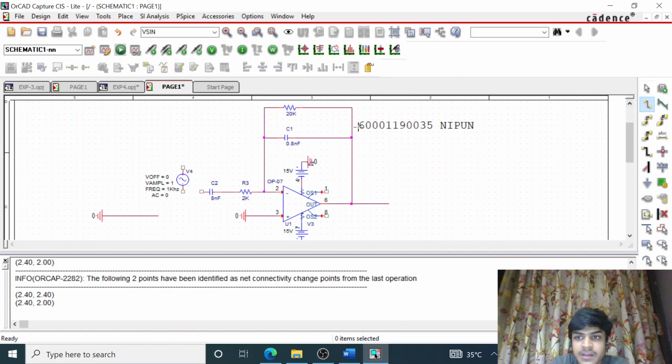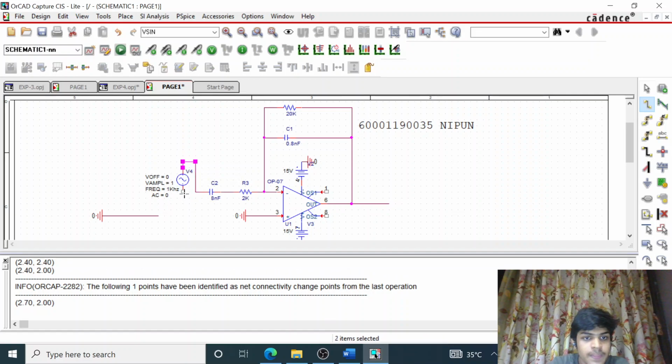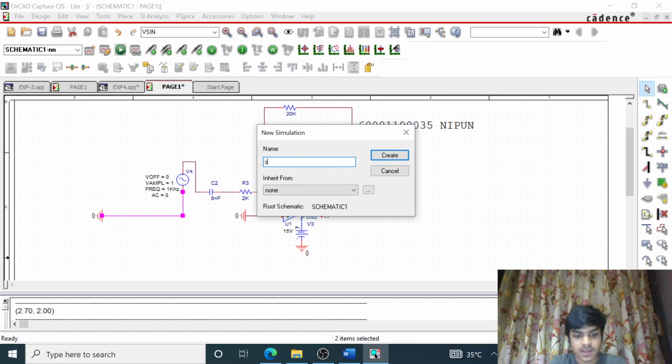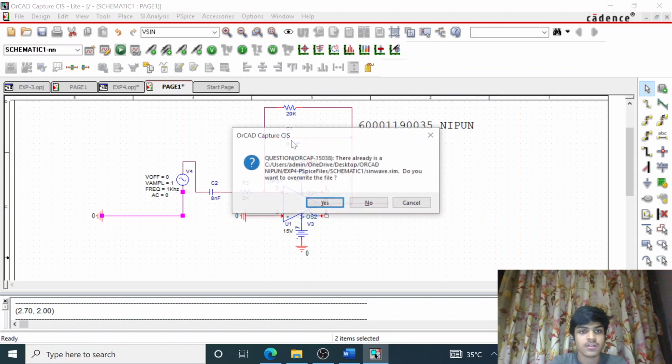Then I'll be connecting these terminals. Now our circuit is ready for simulation. I'll be creating a new simulation profile as sine wave.